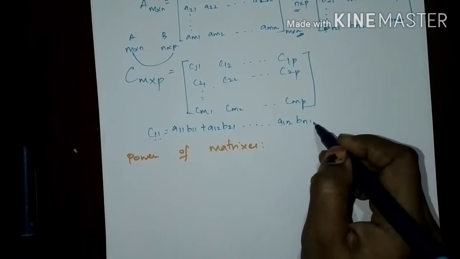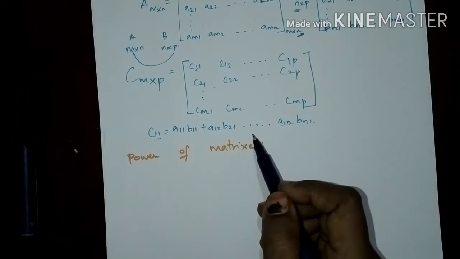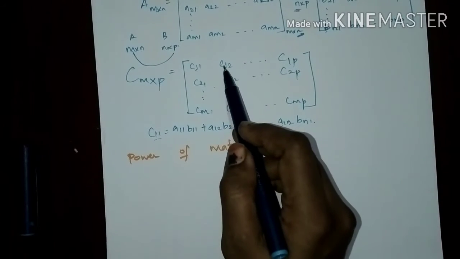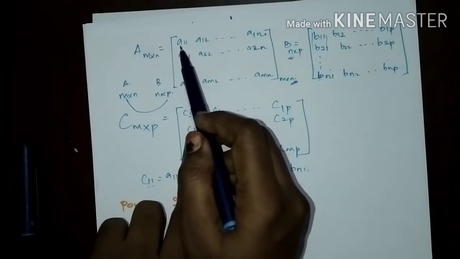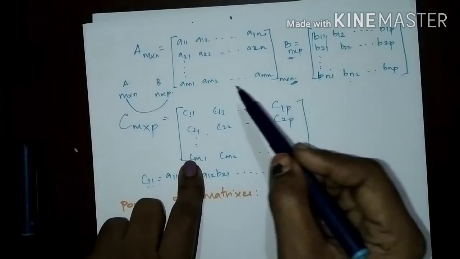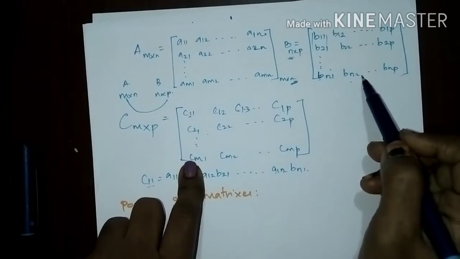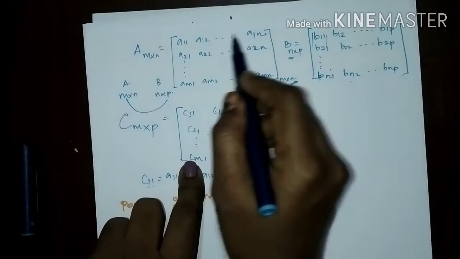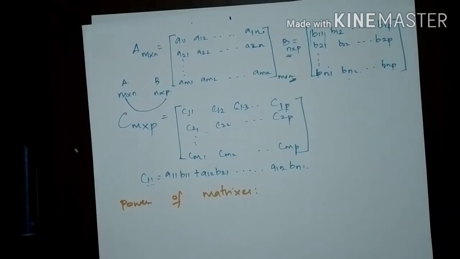So this is matrix multiplication. This is a single element representation. Each element is multiplied in the same manner. For getting C12, we have to multiply the first row with the second column, and the next element would be C13. We have to multiply the first row with the third column, and the last would be the first row with the last column. Got it? This is matrix multiplication.